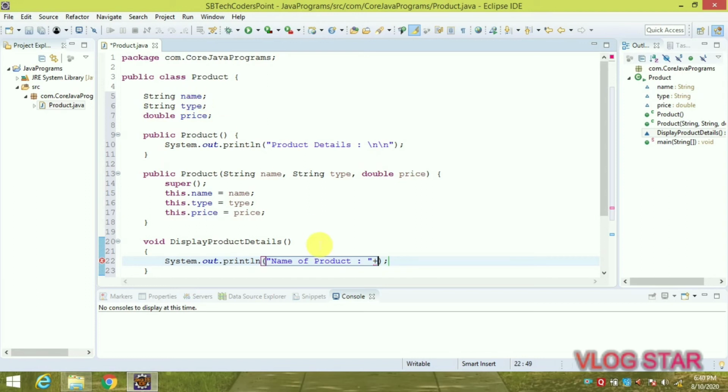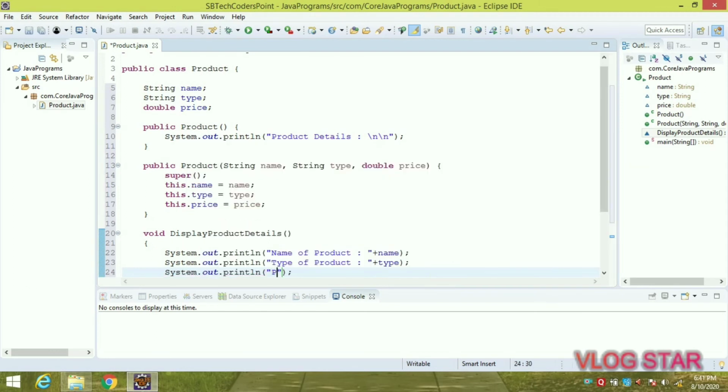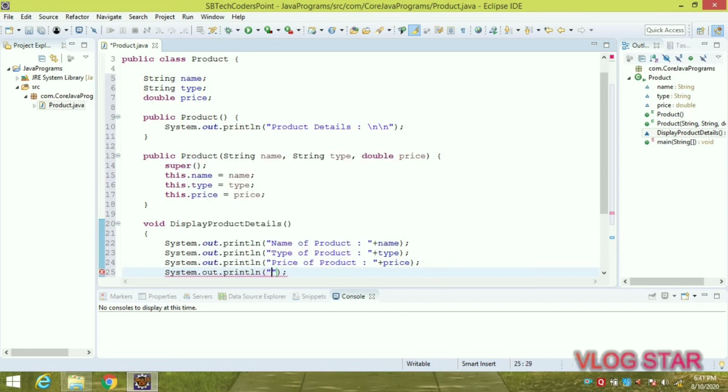Then similarly for the type of product, we need to print this type, and price of product, so price. After this we have to give \n for a new line. So whenever we add a new product, every time it will provide a new line between them, so it will become easy to understand.